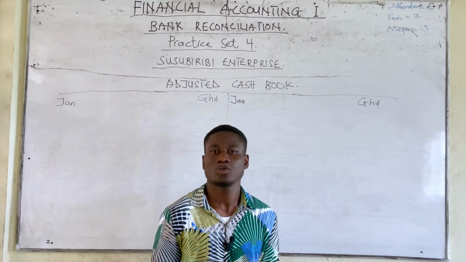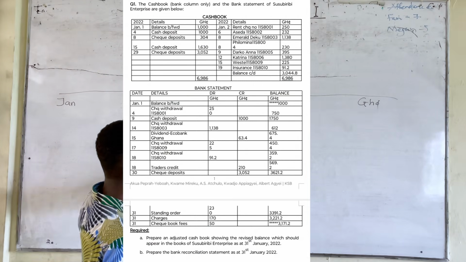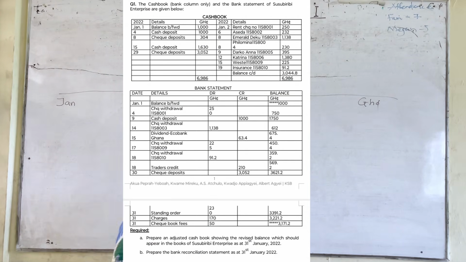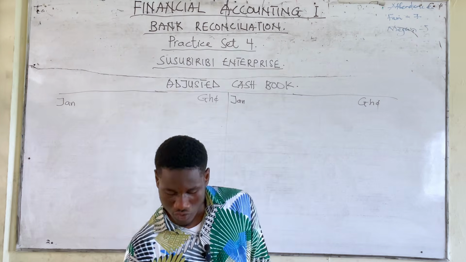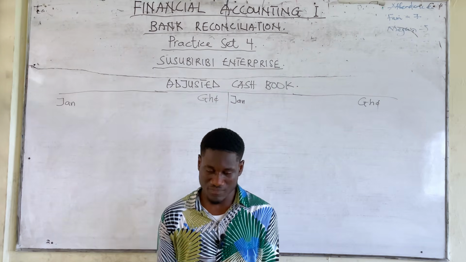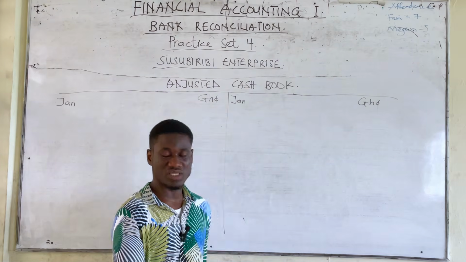Okay. So first of all, what we'll do is that we'll write our balance for the adjusted cash book. In the question, you could see that there is a balance brought forward of 1,000. That's not what we are going to use. When you check the balance c/d for the cash book, it is 3,044.8. So that's what we are going to use as the balance b/d,